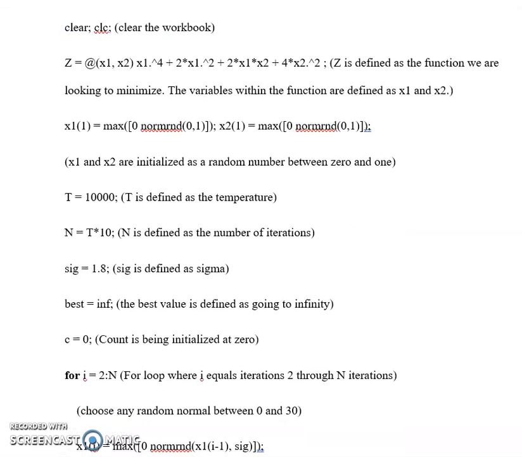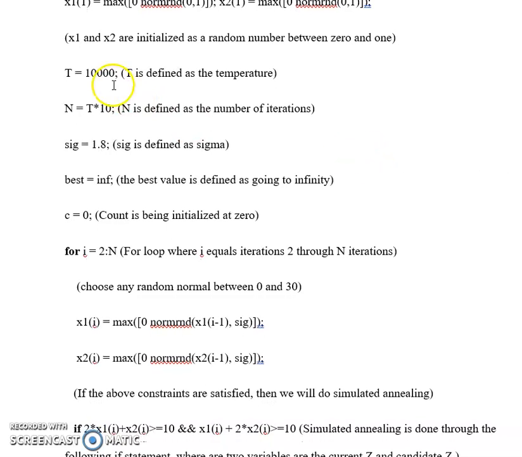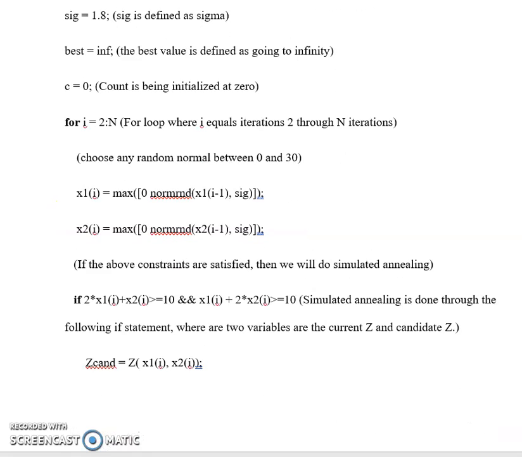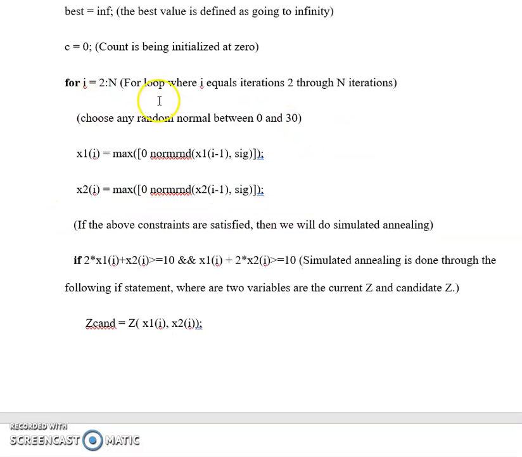We're going to go down and call out some of the parameters here. So we have our temperature, which is equal to 10,000, our n, which is the iterations, which is the temperature times 10, our sigma, which is defined as 1.8 right now. Our best value goes to infinity, and our count's going to start at 0. So right now we have our main for loop, where i equals 2 to n. We're going to choose any random number between 0 and 30 with these following